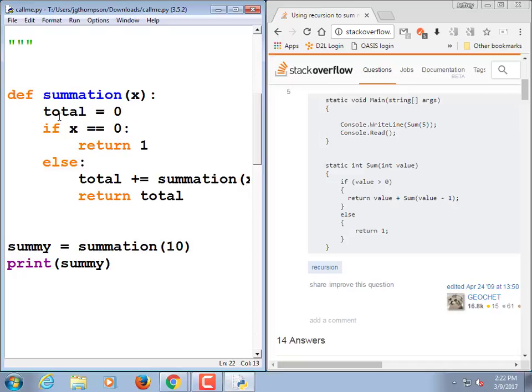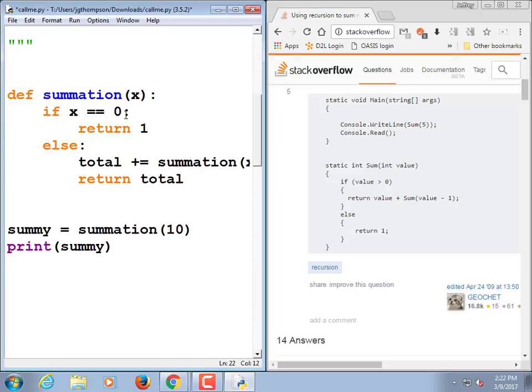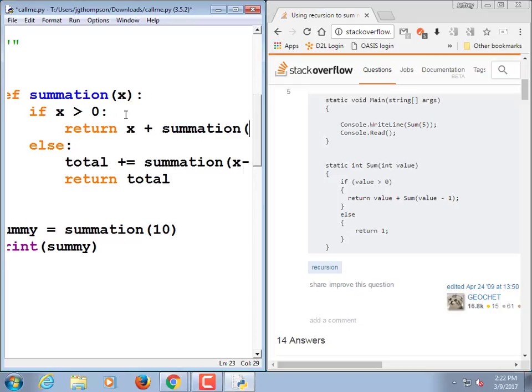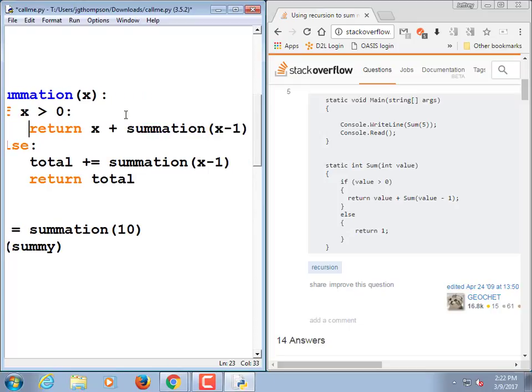Alrighty. I think I need to get rid of that. If x is greater than 0, I'm going to change the logic of it, then return x plus summation of x minus 1.